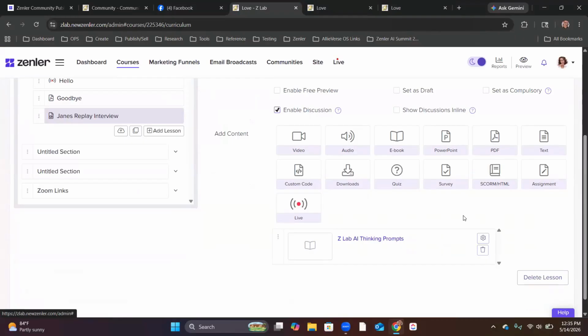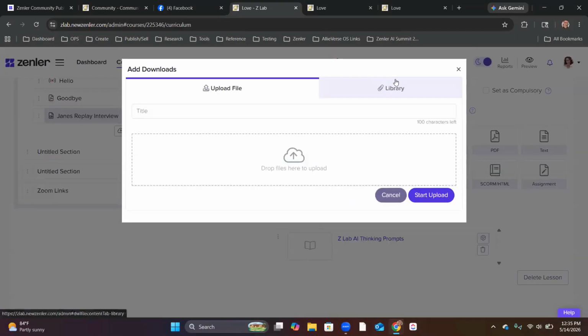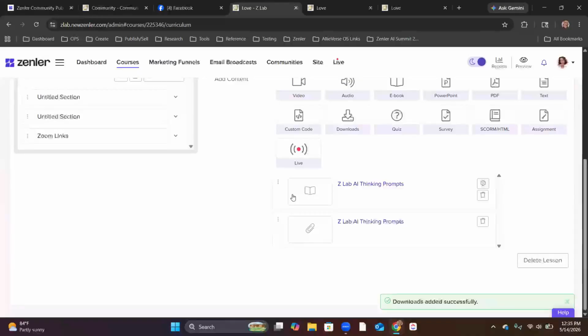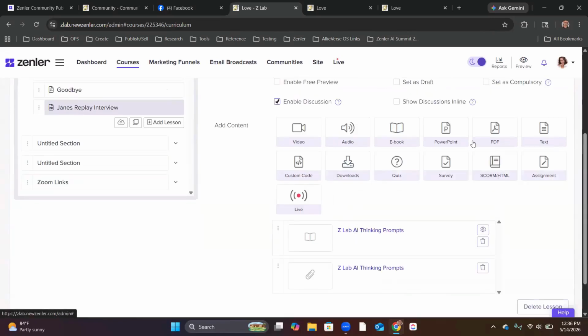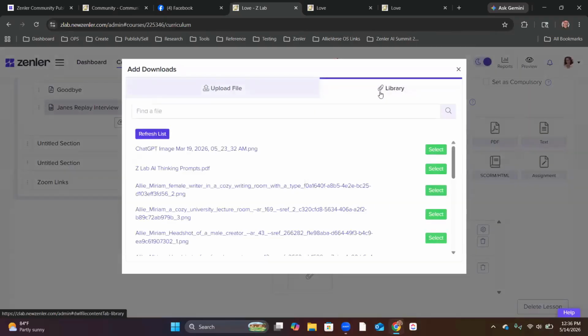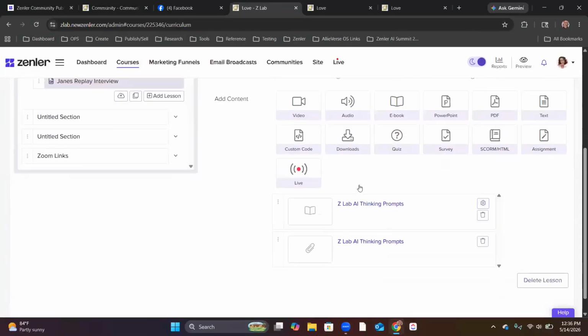You can add it to the downloads also, the same exact thing, right? So if we come here and select that same thing, that's prompts. So now we have it as a book and a PDF that they'll see and a click link they can download. So every download that you add, they can download these. So I would add, that is the perfect workflow, actually.